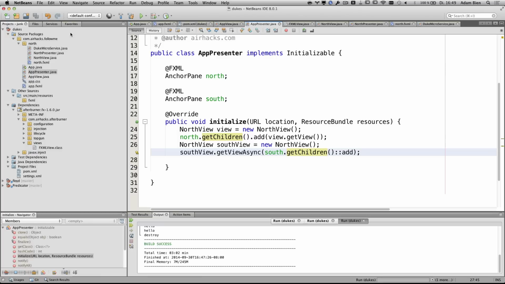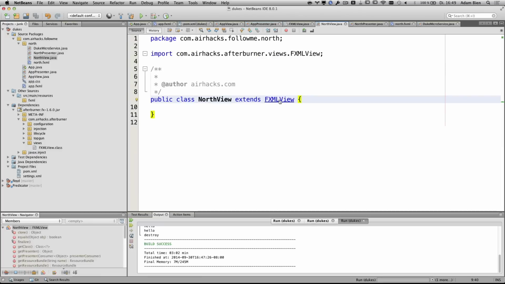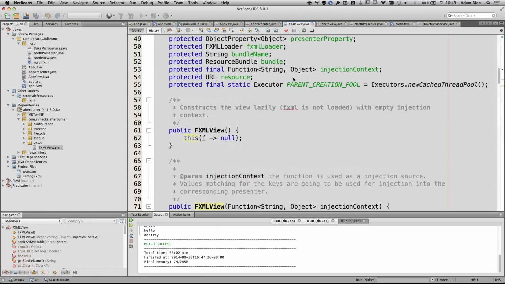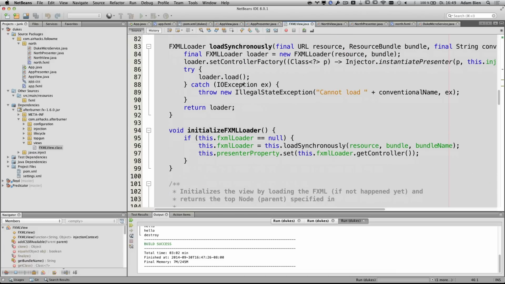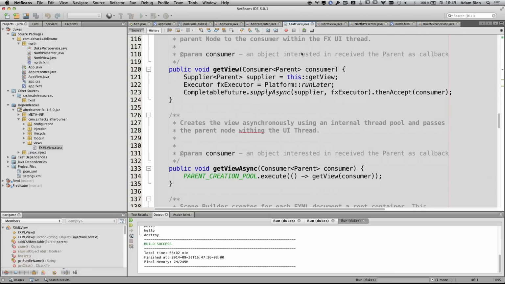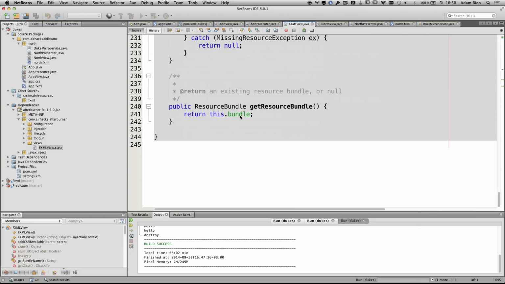How do I do it? Not Swing, rather there is an executor, a cached thread pool, and you see this is the hook, and somewhere it works with Platform.runLater. This was the method. Okay. And I use CompletableFuture from Java 8 and bind them together. But this is the entire code of the FXML view.